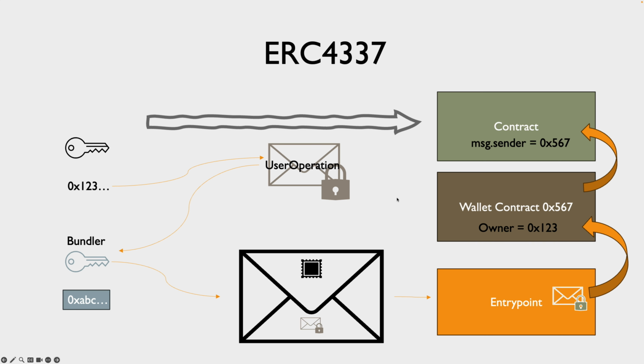to that sender field. And if the sender is 0x567, and it contains call data that calls a specific function on that wallet smart contract, for example, a function that lets the user interact with the other contract, then it will unwrap that, it will call that function, and the wallet smart contract itself is the one who is verifying the signature of that user operation and making sure the owner sent this, okay, and I'm allowed to call this other